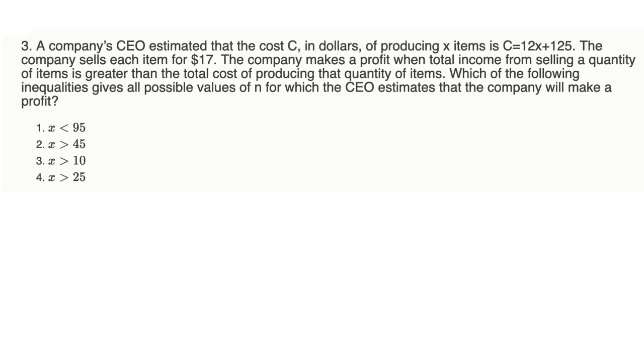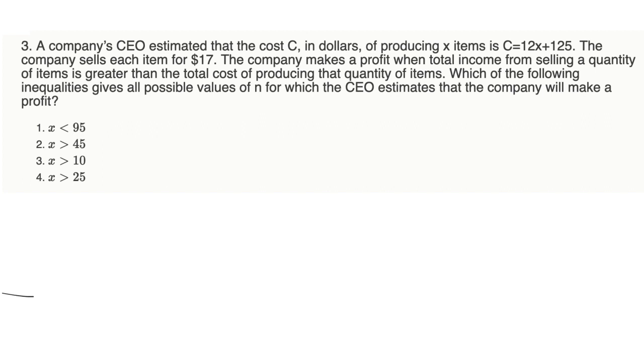Question 3. A company CEO estimated that the cost C in dollars of producing X items is C equals 12X plus 125. The company sells each item for $17. The company makes a profit when total income from selling a quantity of items is greater than the total cost of producing that quantity of items. Which of the following inequalities gives all possible values of n for which the CEO estimates that the company will make a profit? So in questions like this, we want to look for establishing an equation that describes what we're